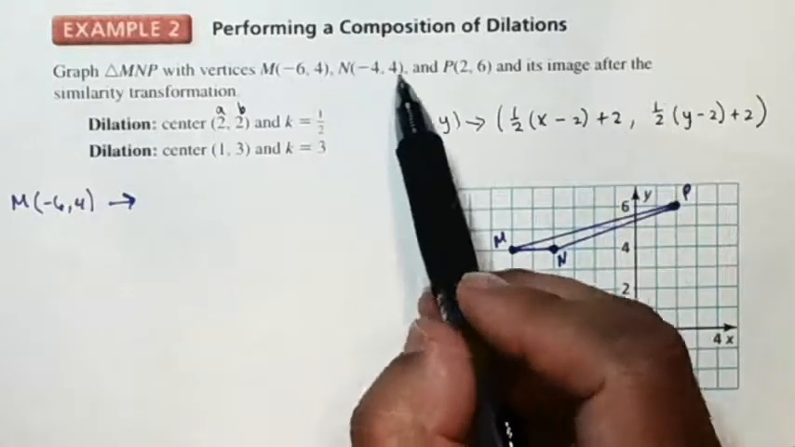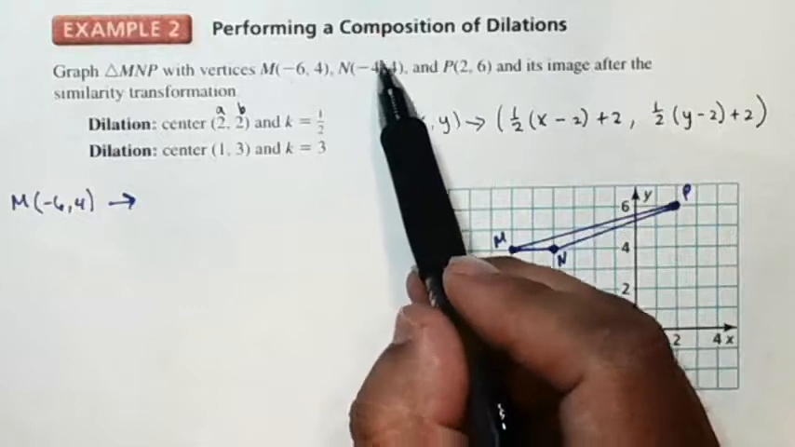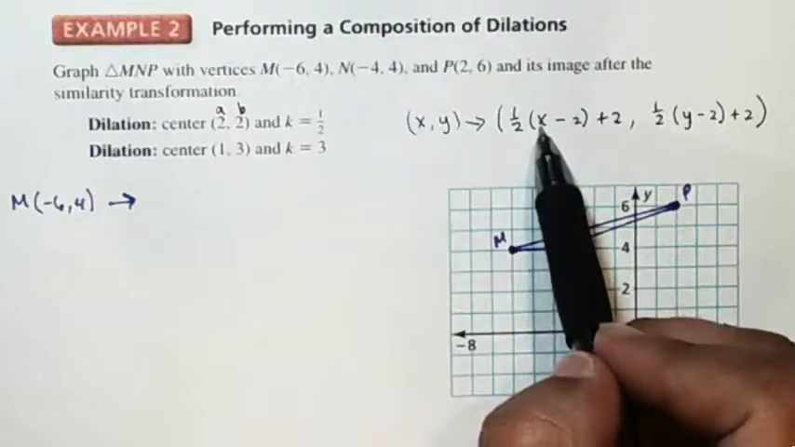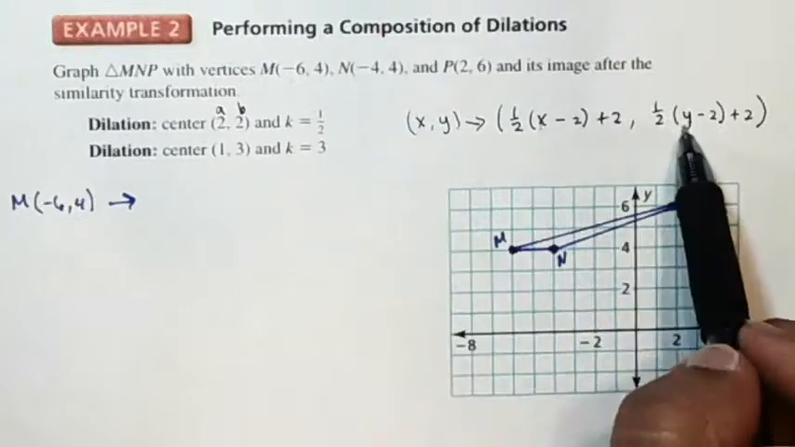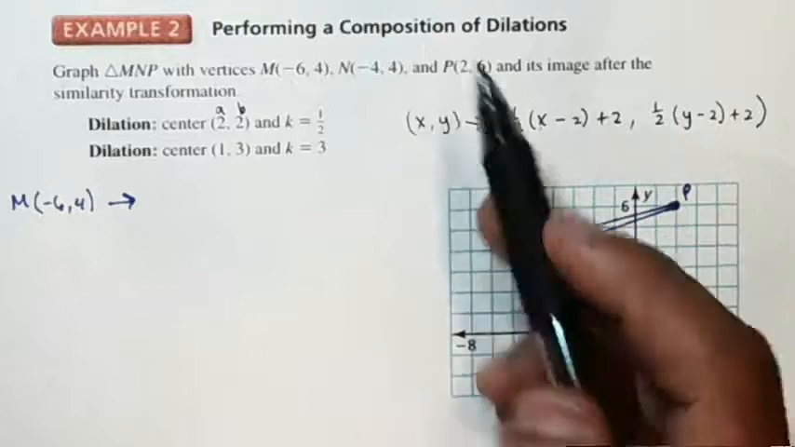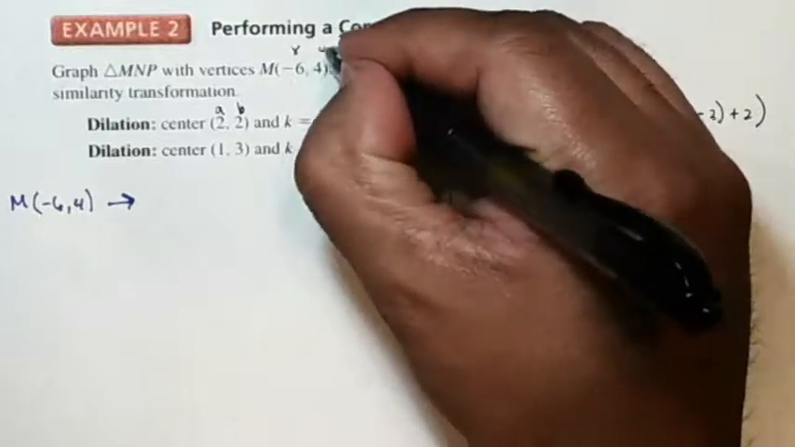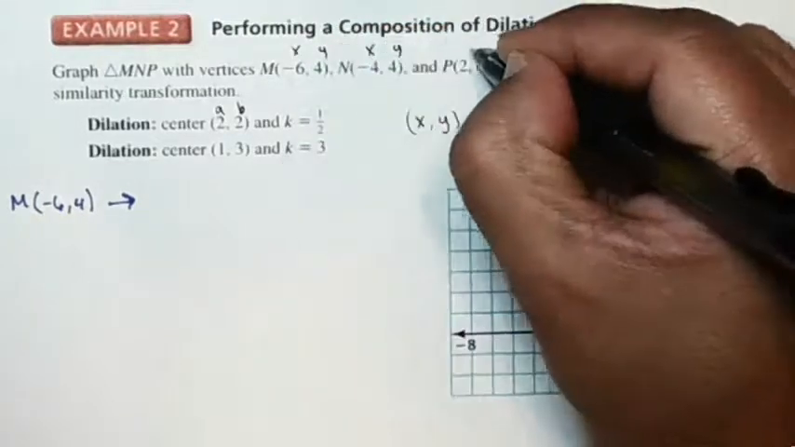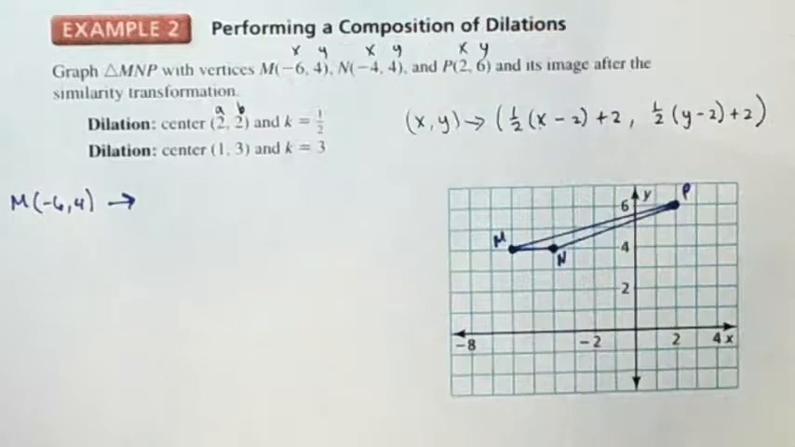I'm going to do the same thing with N. Now I'm going to substitute -4 in this spot. I'm going to replace that with -4, and I'm going to replace this one with 4 here. This would be my XY, my XY, and my XY for all 3 of these. So punching that into the calculator, we're going to get that